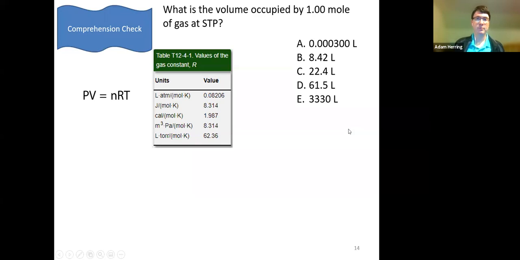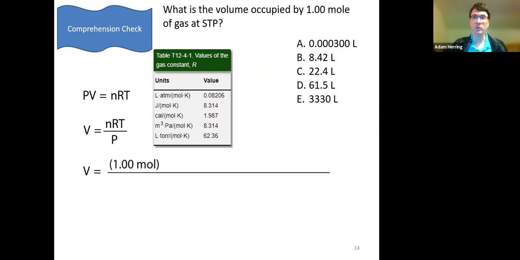Welcome back. So how do we solve this? Well, we need to remember that when we're talking about STP, that's referring to a fixed temperature and pressure. Because we're solving for volume, we need to rearrange the ideal gas law and solve for volume. Our moles are going to be 1. The R value that we're going to use is